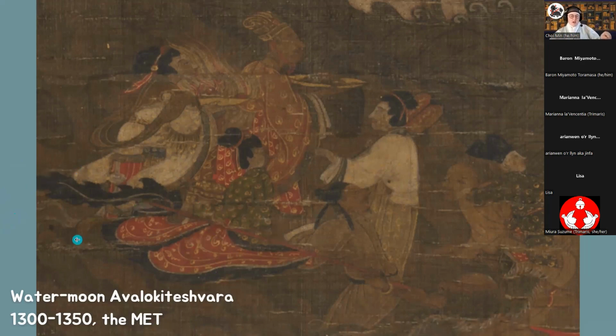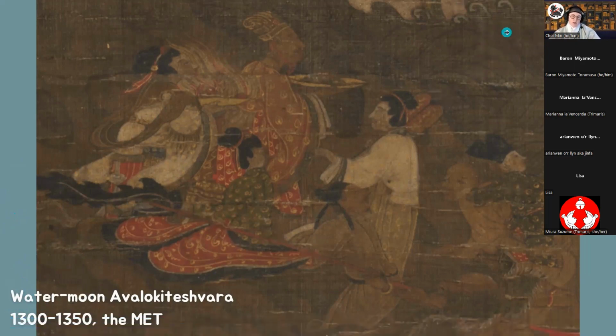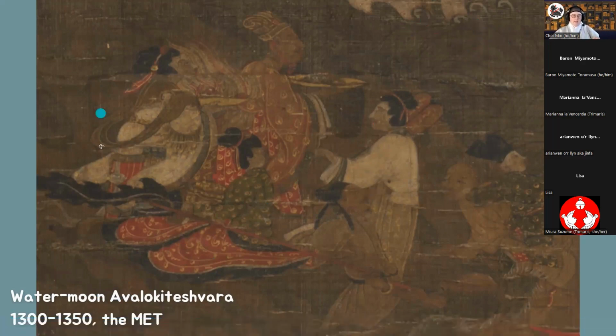So what you can see here, even though this is a late period piece, is the bottom corner and the Bodhisattva or Buddha. I'm trying to remember which. I think it's the water moon Buddha. I don't think it's a Bodhisattva. I don't know my Buddhism that well. But anyway, he's up there in the corner, and then this is a depiction of a Korean king and queen offering things to him. So these would be highly ritual wear probably if these were real. But again, this is a religious painting.